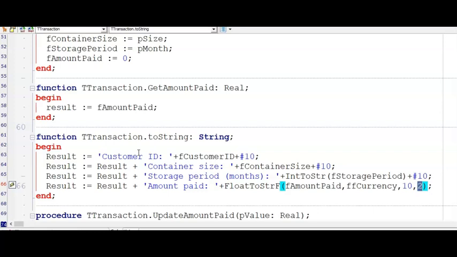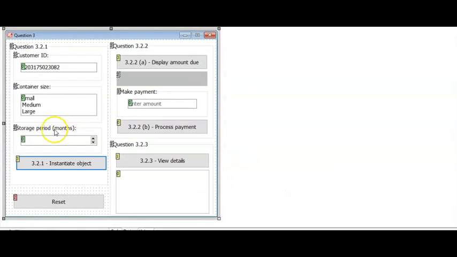Other teachers might differ from me, but I feel that if you had any syntax errors, you can sort them out now in your class before you move on to 3.2 with your main form. So this is what the main form looks like, and there is lots of input before we have to instantiate